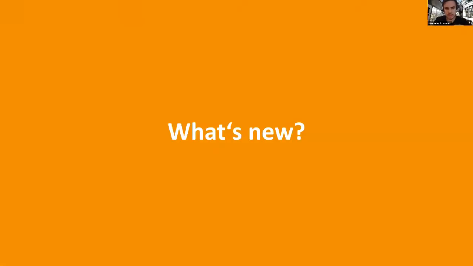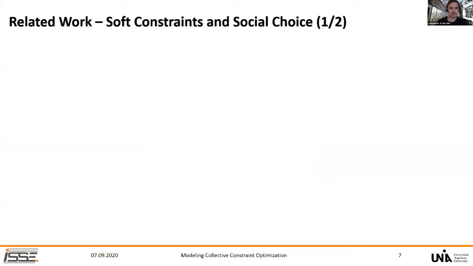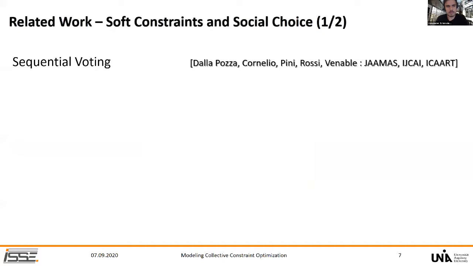So some of you in the audience might think, well, what's new? Social choice and social decision making has been on the radar of constraint programming or the multi-agent systems community for a while. What's really new that we are proposing right now? So let me introduce some of the related work in this area, in particular in terms of soft constraints and